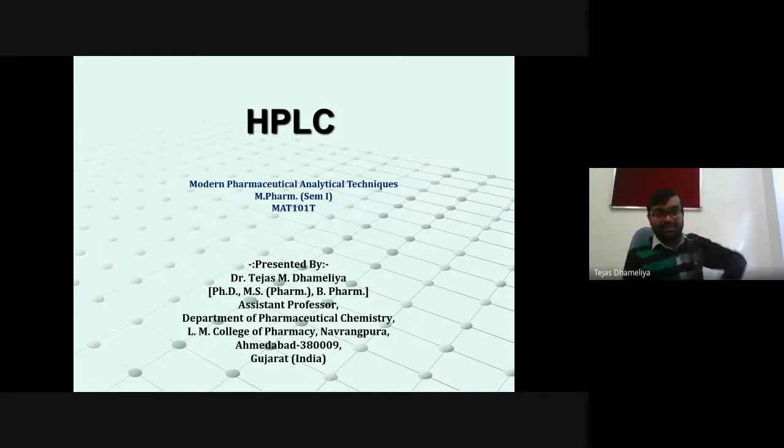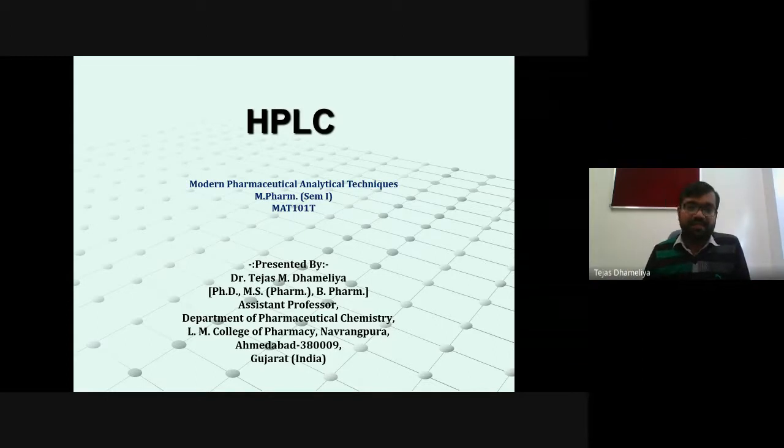The column is about the height of a human being, for carbohydrate chemistry. Sugar molecules are difficult to separate. Once we do protection and deprotection of the sugar and then make a disaccharide, a trisaccharide, at that time the columns are long. So for these kinds of long columns, a kind of patience is required.